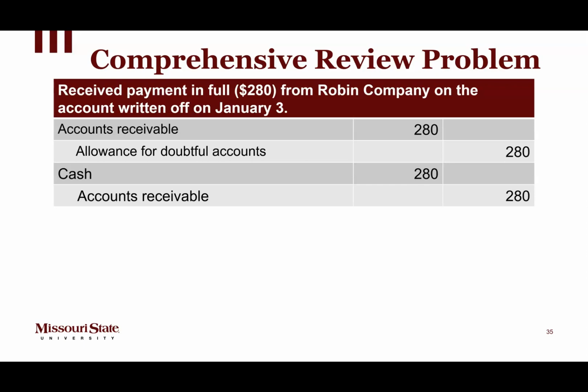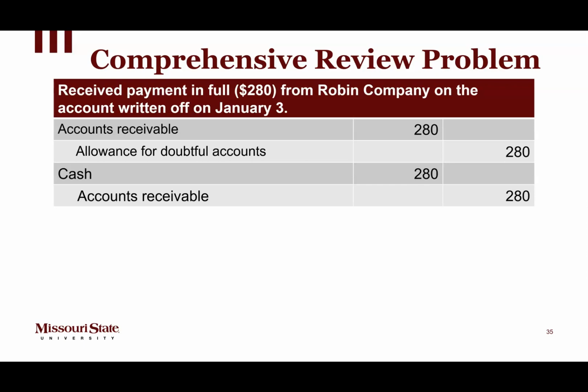original entry. So we're going to put that money back into accounts receivable and say, hey, they still owe us. We'll pretend like it never happened. We're going to put that money back into the allowance for doubtful accounts so that another account can use it if we need to in the future. Then we are going to debit our cash to increase it, and we're going to credit the accounts receivable to